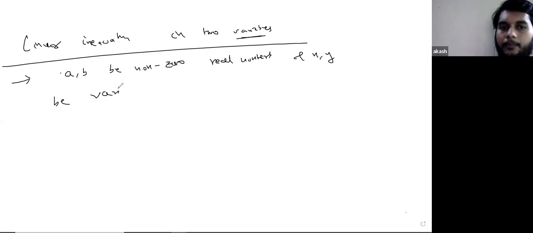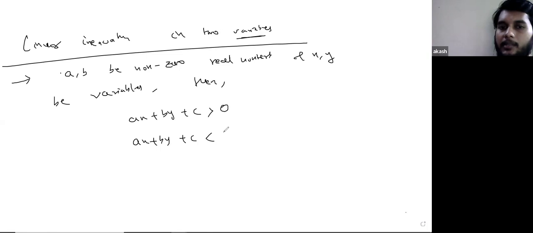Then ax plus by plus c greater than 0, ax plus by plus c less than 0, ax plus by plus c greater than equal to 0, ax plus by plus c less than equal to 0 are called linear inequations